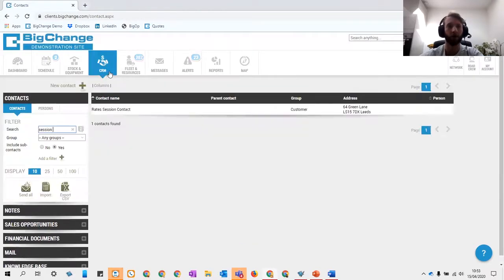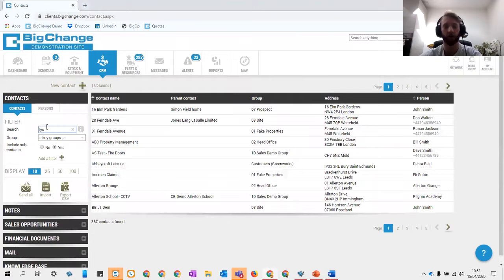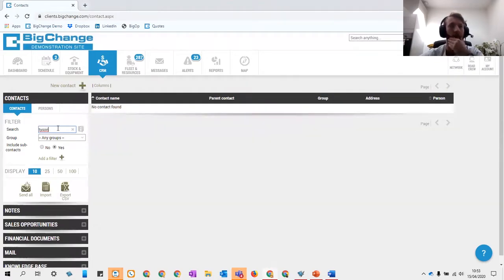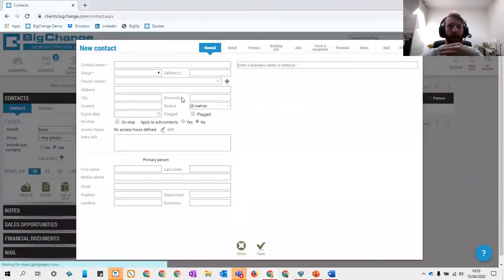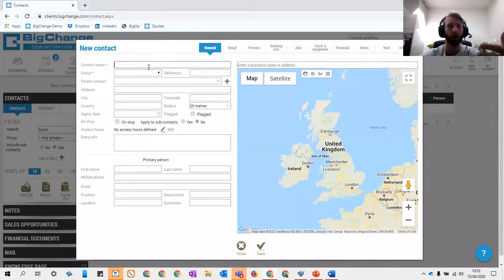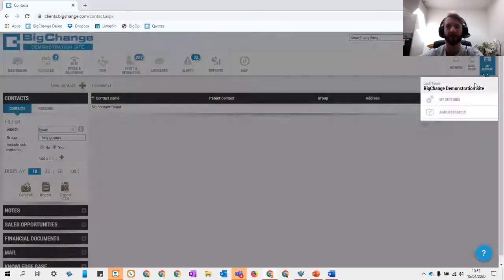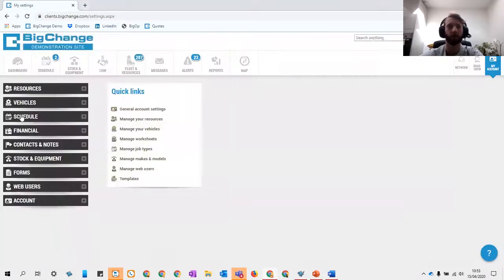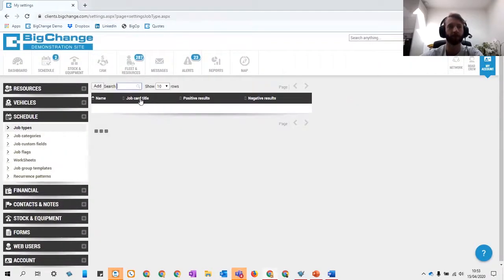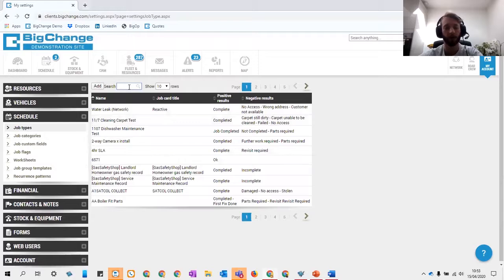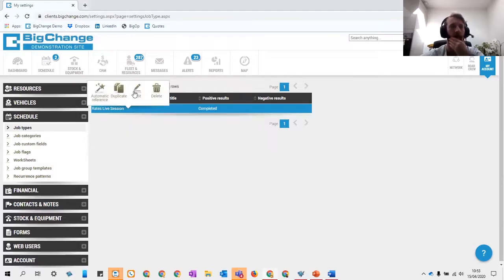So say if I wanted to put my home address in there, I'd just put something like Jack Tyson Home in the group, Homes or something. You'd set up a group for that. Once that contact's in the system, go into administration, schedule, job types, search for this one. And then when you're setting your rate,